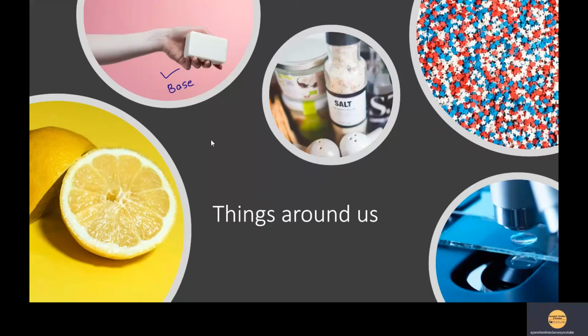Then next thing, after getting freshened up, we go for having breakfast. Now here we have an orange, okay. Now orange is yellow in color. As everyone knows, all the fruits which are juicy and yellow in color contain citric acid, okay. So it may be lemon, it may be orange, okay. So what is the main content in it? It is vitamin C, which is nothing but the citric acid. So the breakfast which you had, that is nothing but the acid.